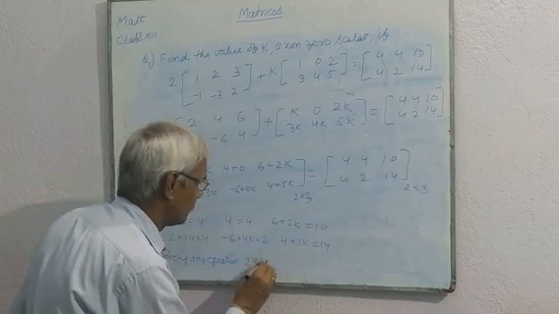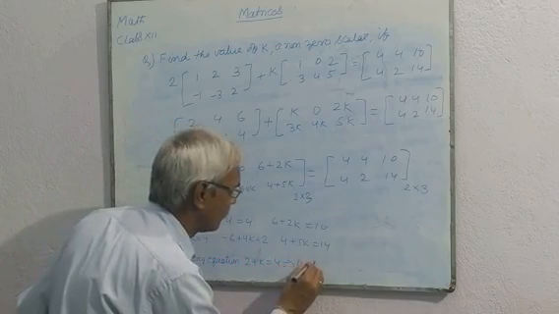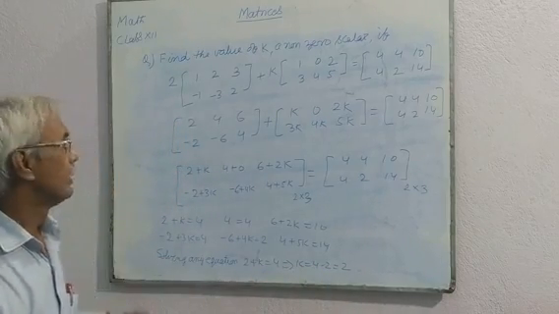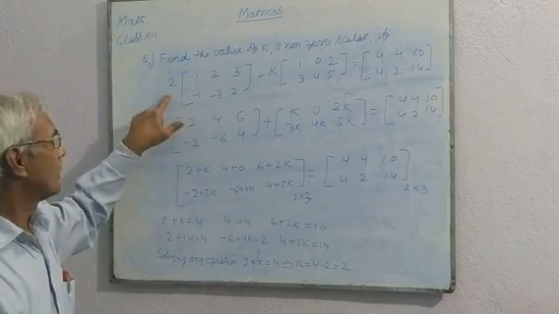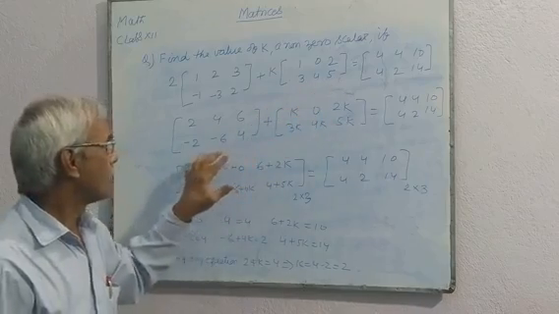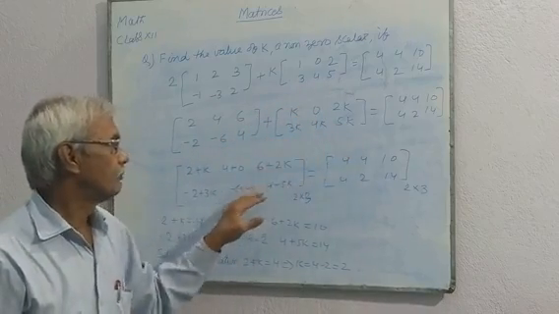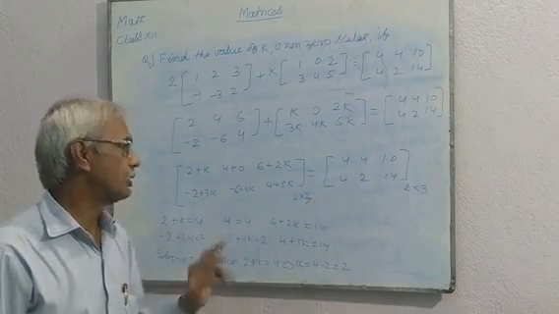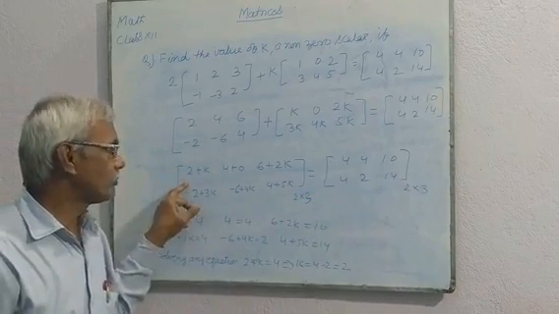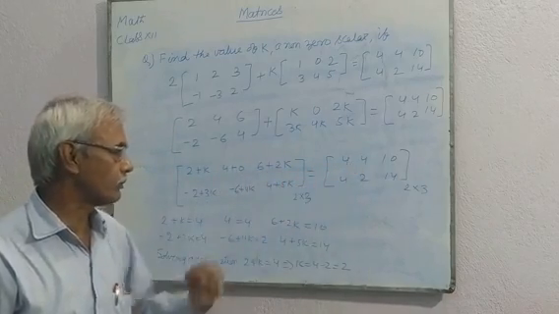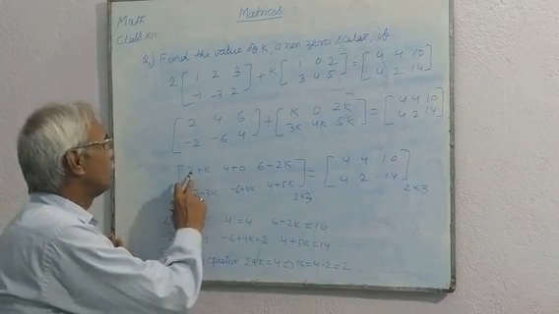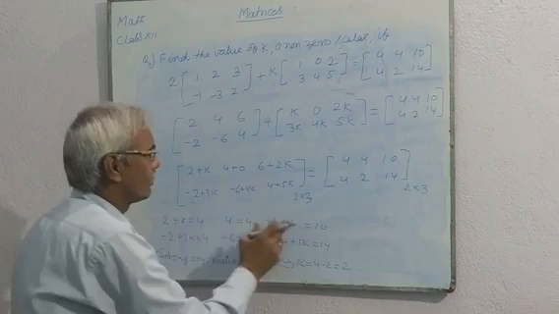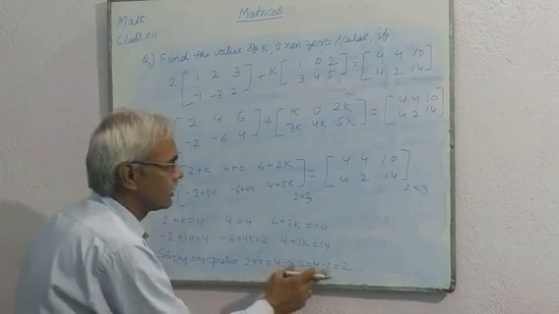2 plus k equals 4, that means k equals 4 minus 2 equals 2. We get the value of k is 2. Here, in this question a scalar is multiplied by a matrix, then adding both matrices we get this matrix and that matrix of the same order and equal. Therefore, corresponding elements of this matrix are equal to corresponding elements of that matrix: 2 plus k equals 4, 4 equals 4, 6 plus 2k equals 10 and so on. Solving them, we get k equals 2.